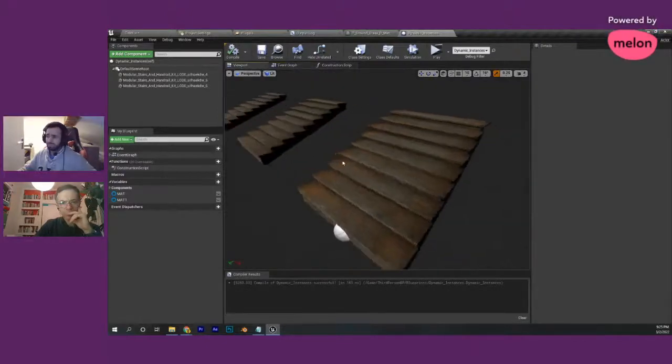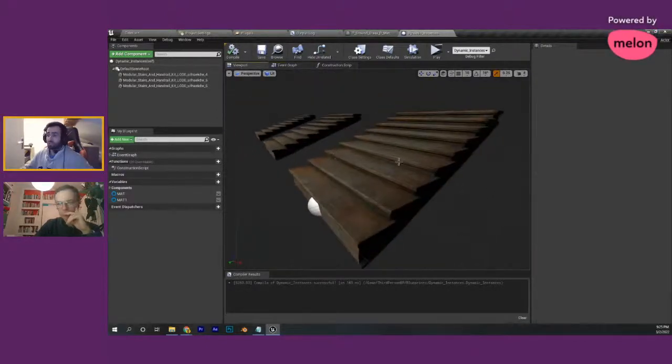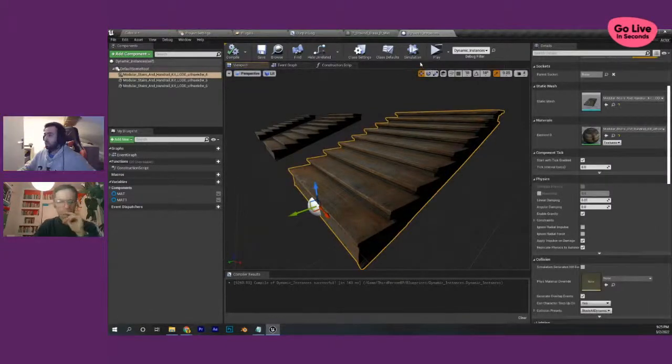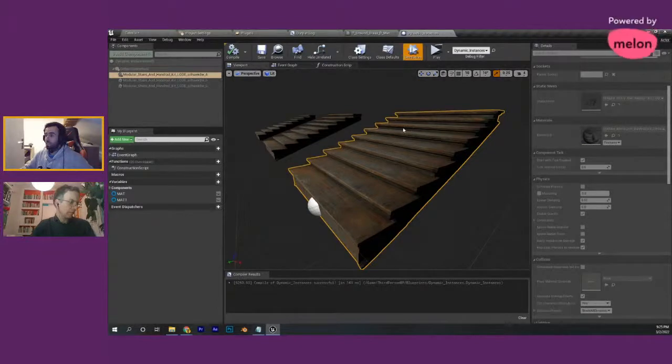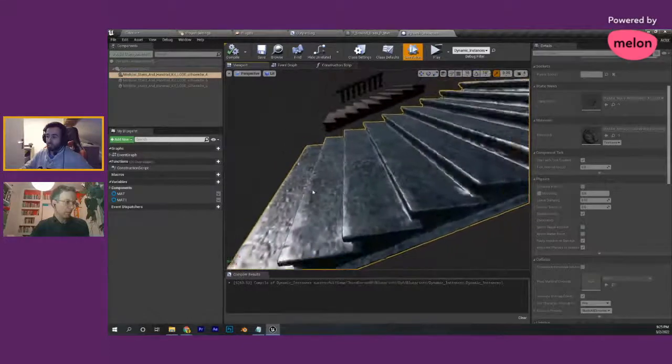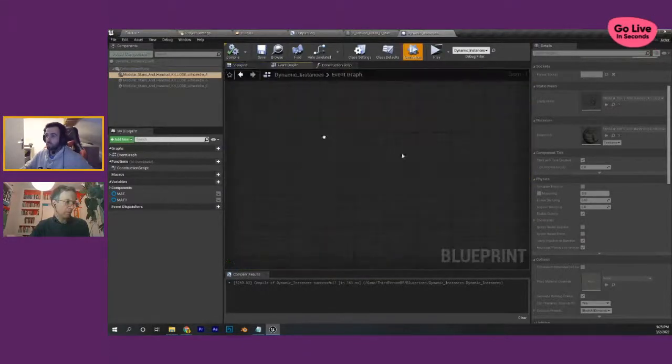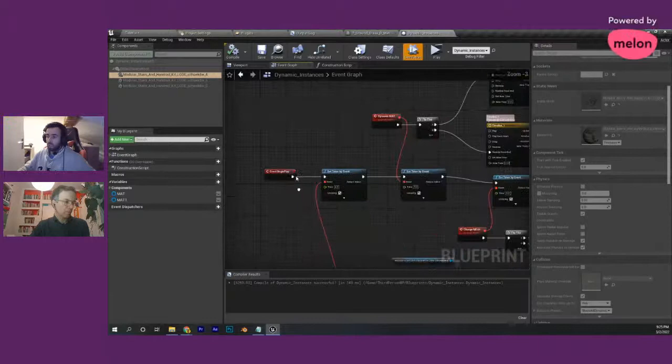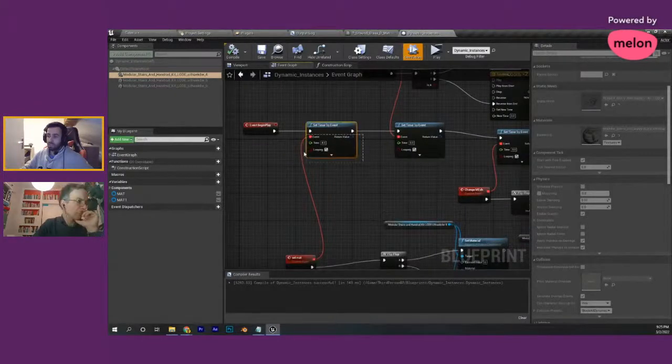So the first thing is just to change the material. If we just hit simulate, it takes some time because I've set it to take some time. So it changed the material. If I show you the code, this is a timer which